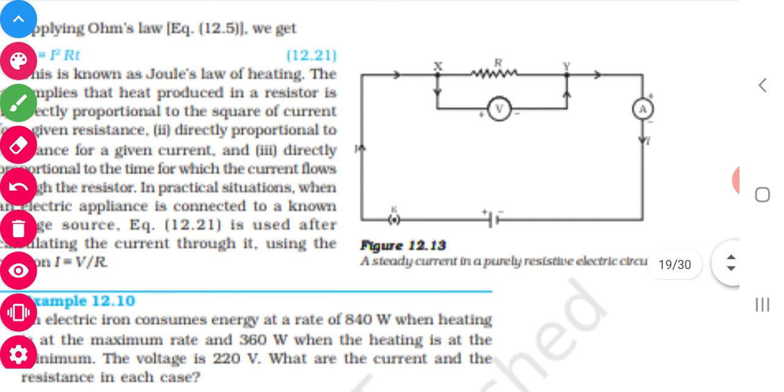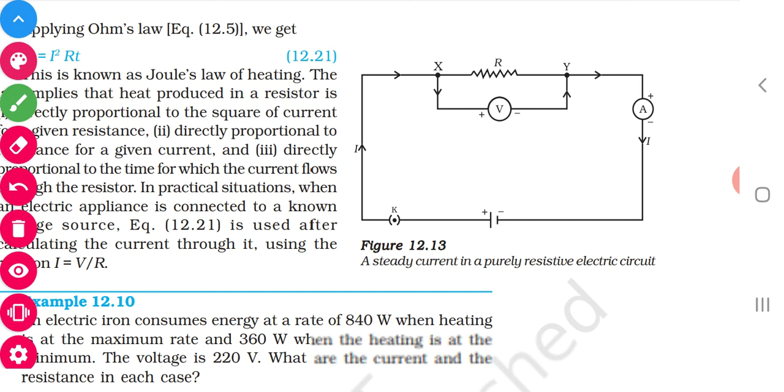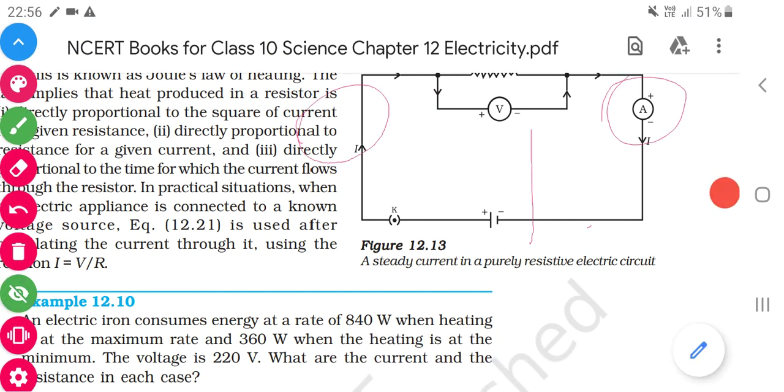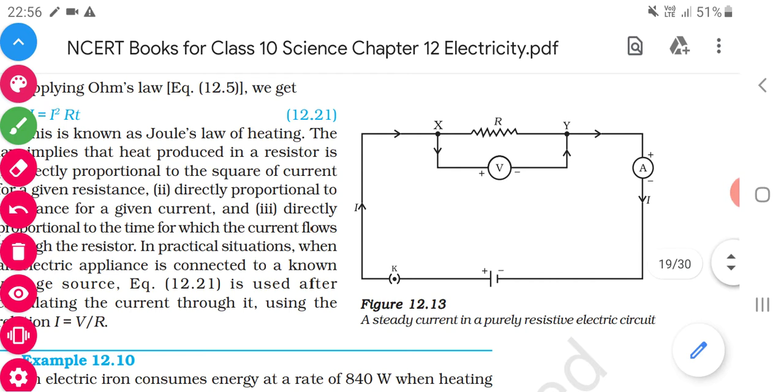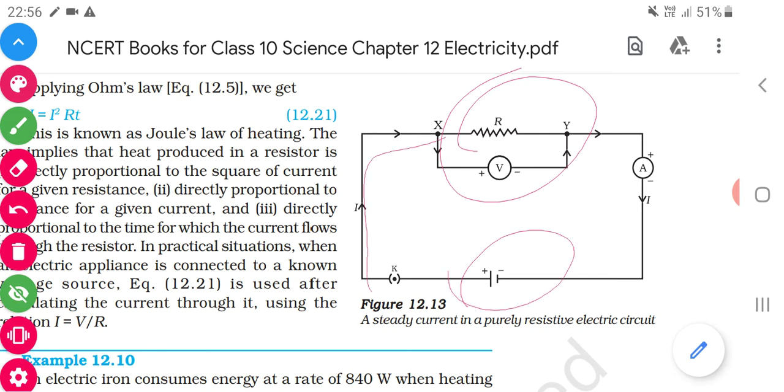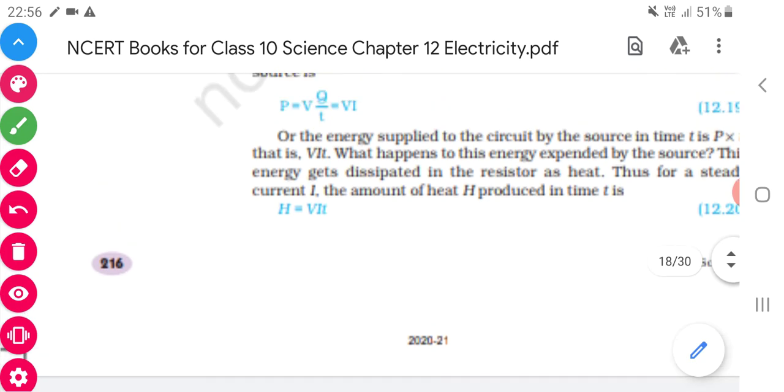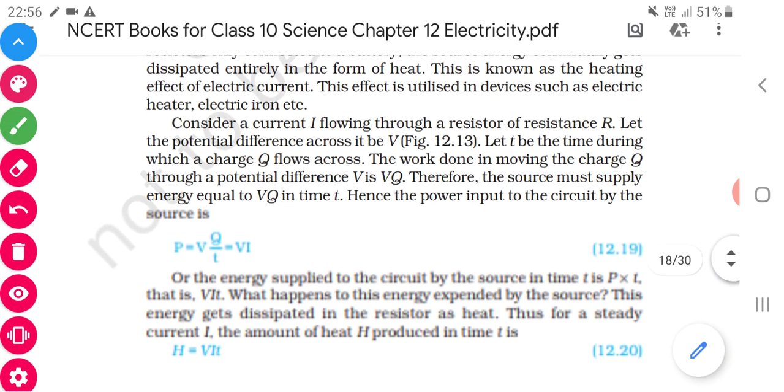See, a resistor is there. It has a resistance of capital R. A battery is connected, so I amount of current is passing. That current is measured by the ammeter. As a result, a potential difference is also created, and that potential difference is measured by the voltmeter. That is what we have learned in the previous classes itself. Is it, children? You go and recall. Before going through this video, recall the previous things.